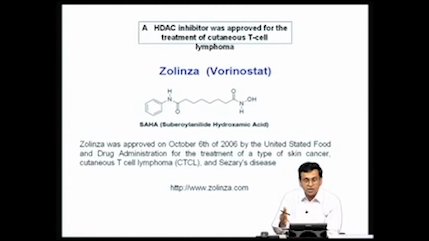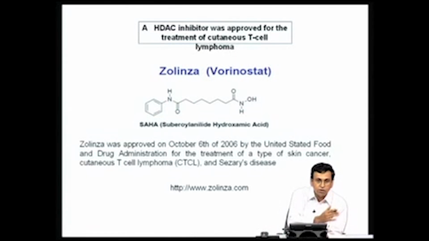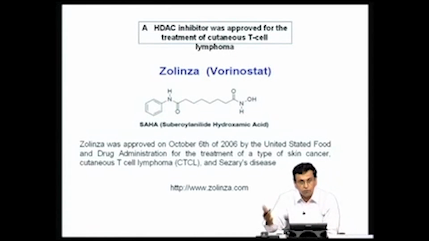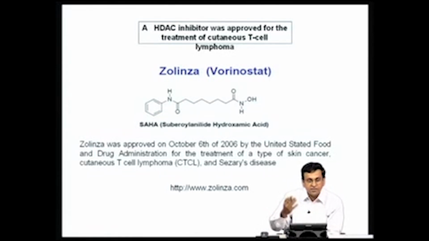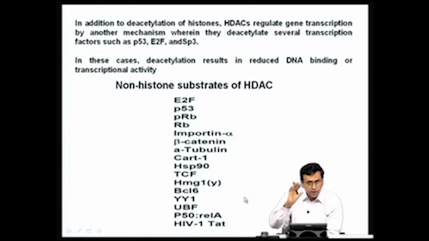And here you can actually see how basic research understanding gene regulation can translate in the form of benefits. Here is a compound which inhibits a histone deacetylase, and this has potential to be used as an anti-cancer agent. Now, the other important point I would like to discuss is that in addition to the deacetylation of histones, many